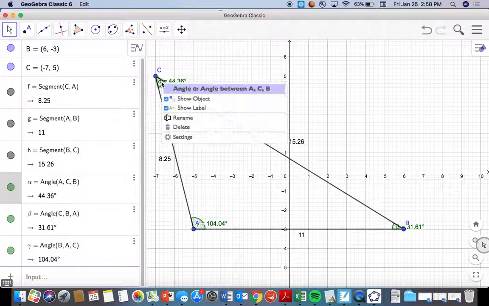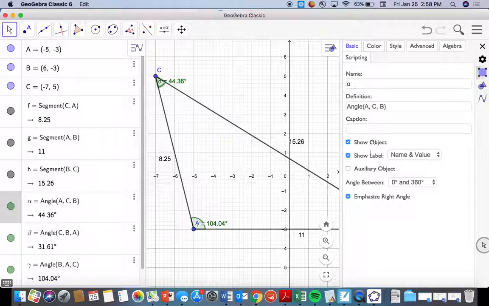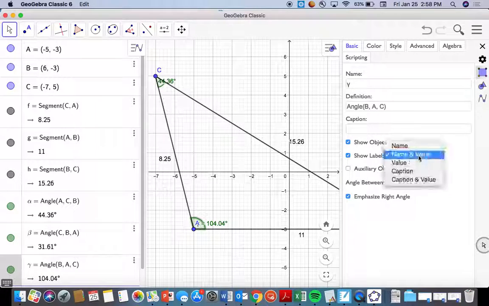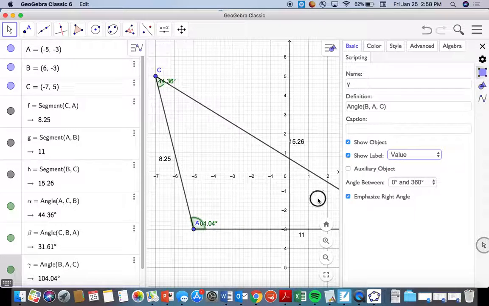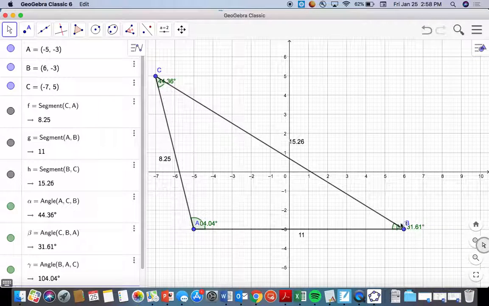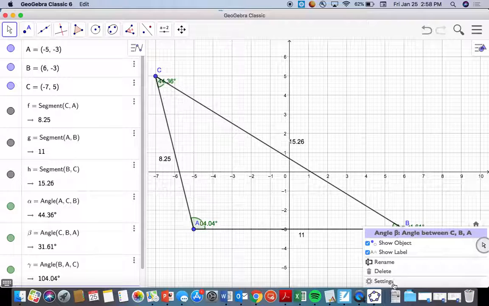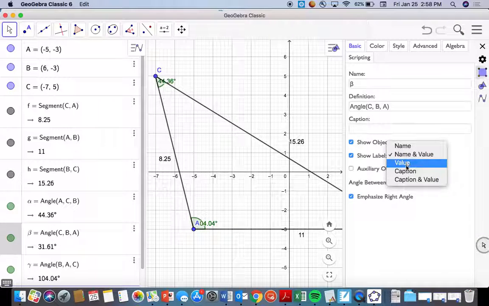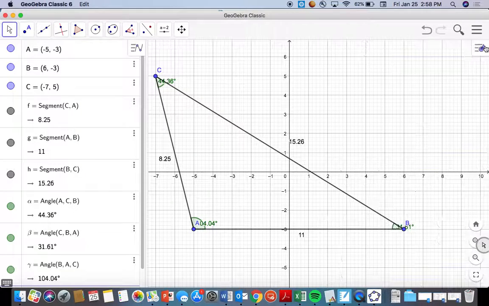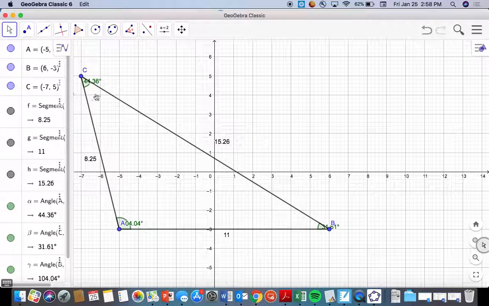I'm going to make sure that only the value is showing so that we don't get confused. And then I will be golden. All right. So the first thing I want you guys to do here is point out to me, can I move this over? Point out to me which side is the